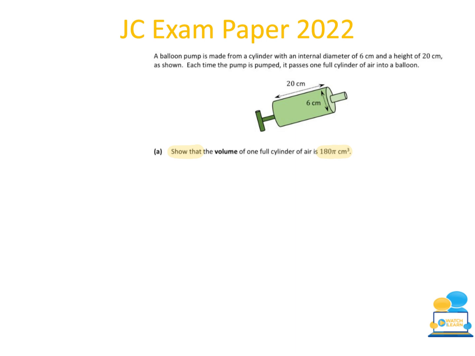So again, ask yourself, what are they asking me to do here? They want me to find the volume, and the shape they want me to find the volume of is a cylinder. So we're going to say, do we have a formula for the volume of a cylinder? And yes, we do in our formula booklets. So that formula is the volume of a cylinder is equal to pi r squared h,